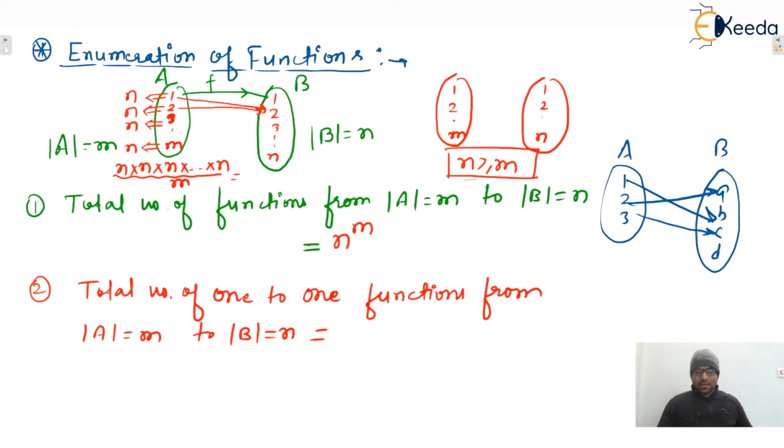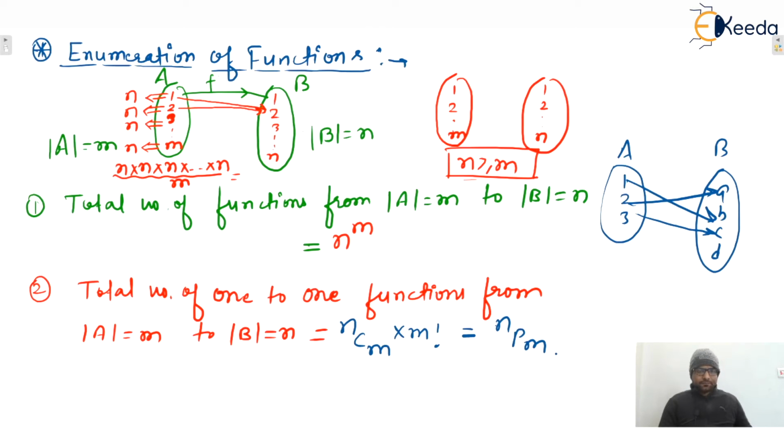So we can see, total number of one-to-one functions will be nCm. Select m number of elements out of n and multiply it by m factorial, isn't it? Now also it is nPm, isn't it? So this problem becomes the problem of permutation. I will take one example, and with that example, I will clarify to you guys. Okay. So let me take one example.